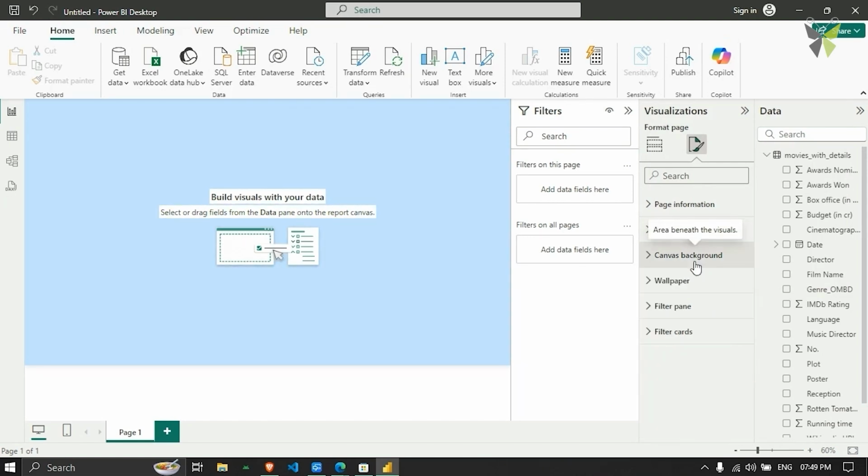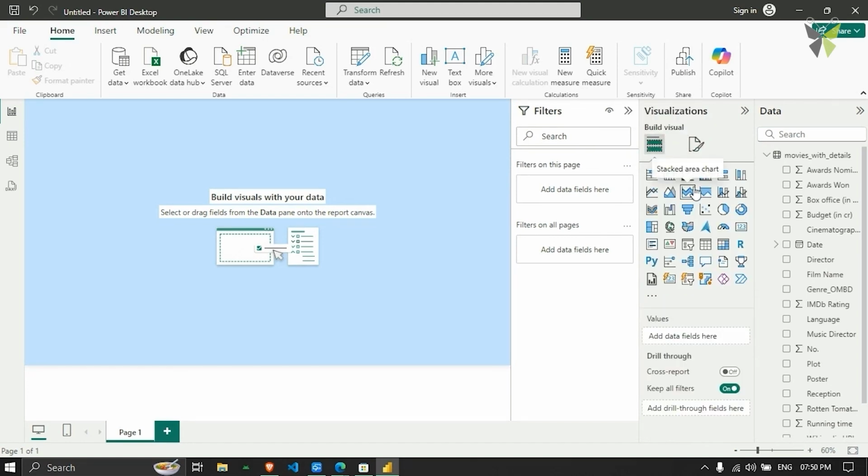Superb. Now you can start creating your charts onto this, right? And after creating your charts, you can also specify which type of color you want in your charts, how the font should look like. All these options will be in your visualizations pane. Final pane is a